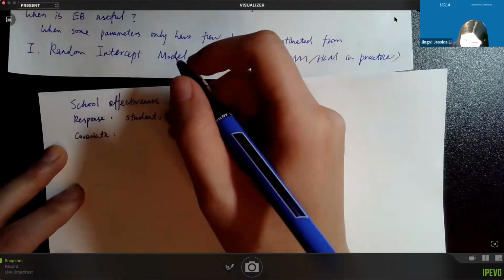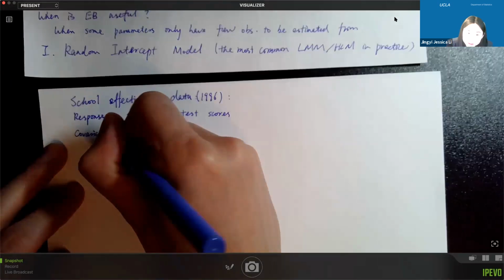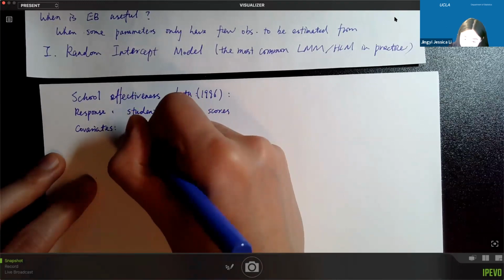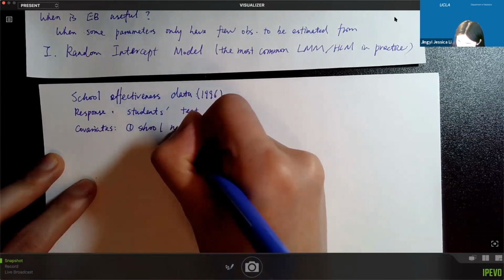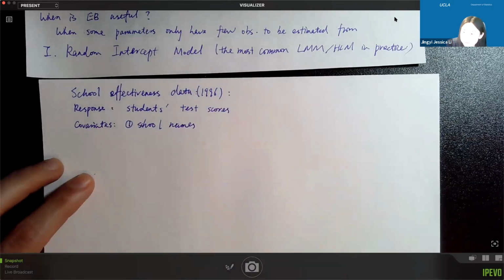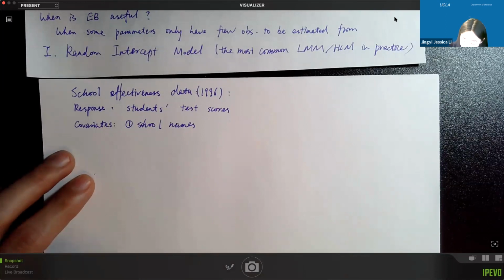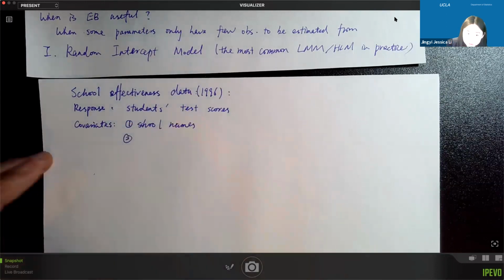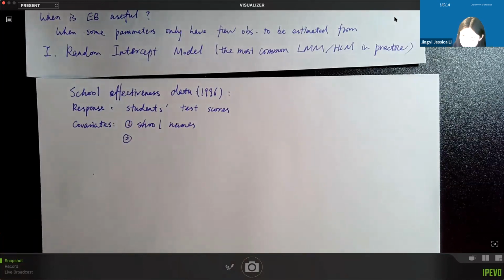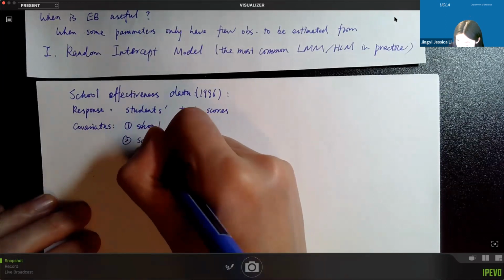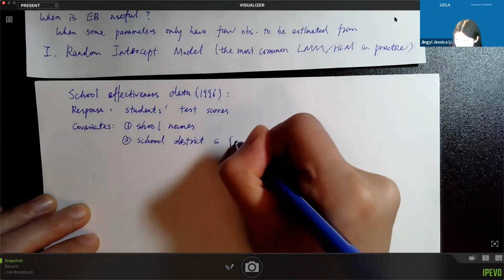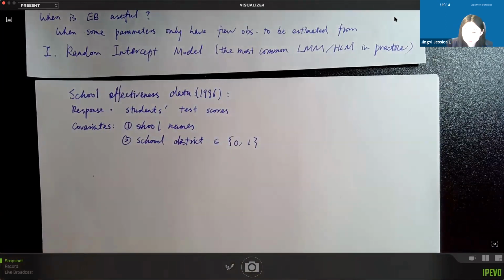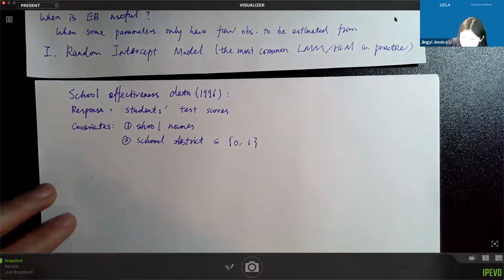So the covariates, actually we have two types of covariates, I should say. The first one is the school name. Each student is from one school. And the second type is that we divide the schools into two districts. So the schools belong to two districts. Each district has multiple schools. So the school district, and we can just label them as 0 or 1, just two districts. That's the data, sorry. And the question